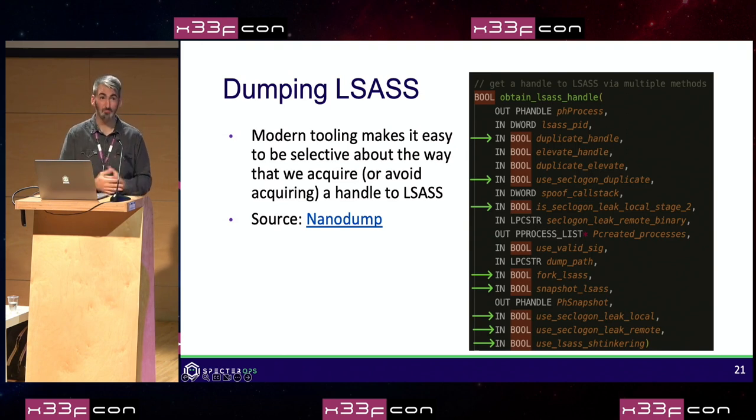And, like I said, more than a decade later, we now have tooling like NanoDump that makes it extremely easy to be very selective about what types of operations we actually use when carrying out a given procedure or technique. You can see here I've drawn little arrows to all these Boolean values. These are all command line arguments that you can supply to NanoDump that will change how we actually acquire a handle to LSASS. All of these input arguments actually lead to just calling MiniDumpWriteDump, but